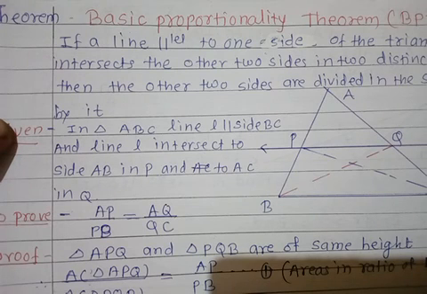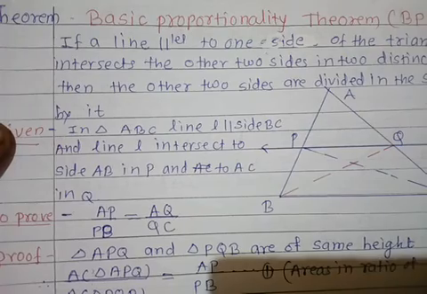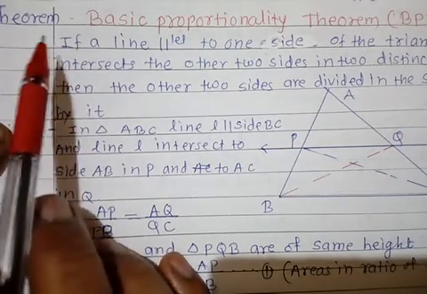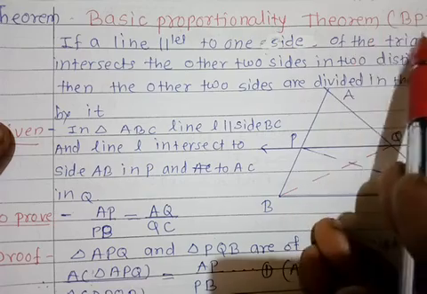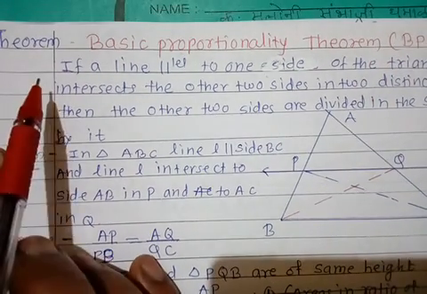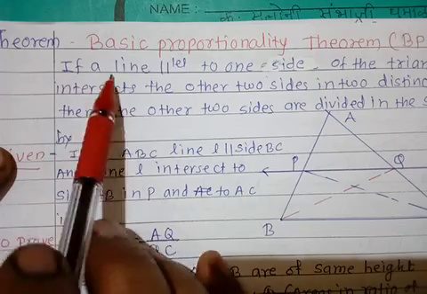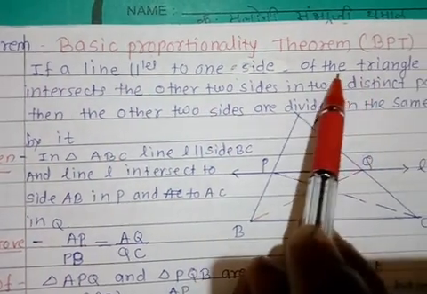Hi friends, today we are going to see a theorem which is in the chapter Similarity. That is the first theorem in your 10th standard. The name of the theorem is the Basic Proportionality Theorem. It is in short called BPT. The statement is like that: if a line parallel to one side of the triangle